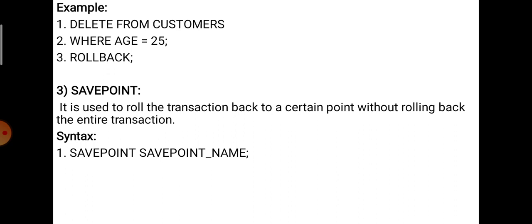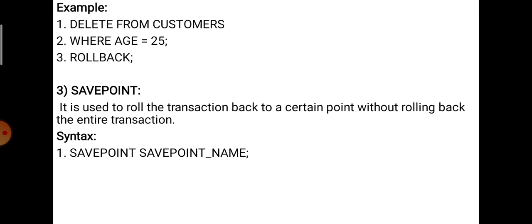Syntax is rollback semicolon, just we can implement in the SQL statement. Okay, you can see the example for this: delete from customers where age equal to 25, and then the rollback statement is given. Here what will be done? First, the SQL statement will delete a record which has age as 25 from the customers table, but it will not be saved because we did not execute the command commit till now.